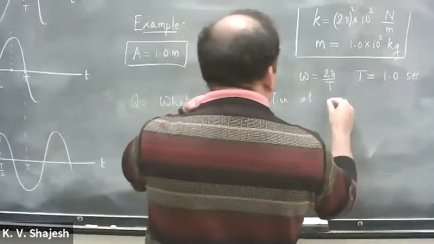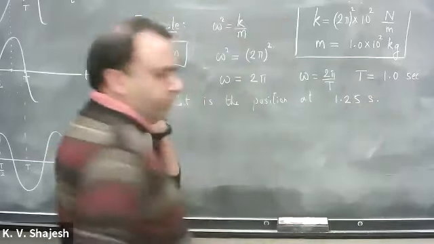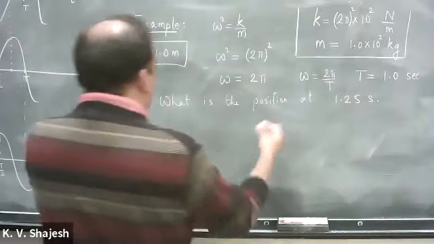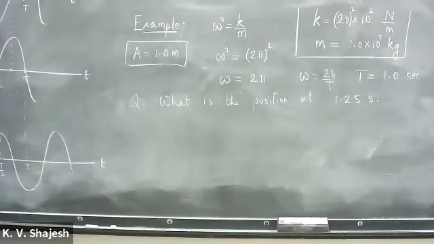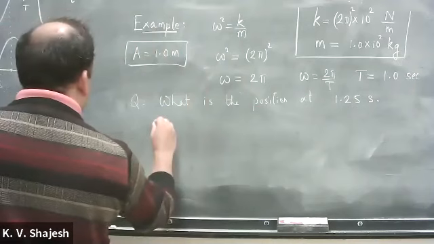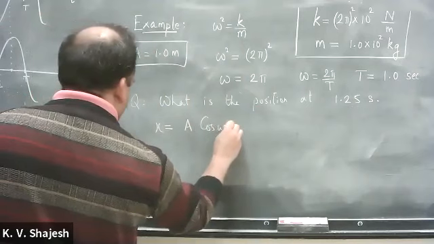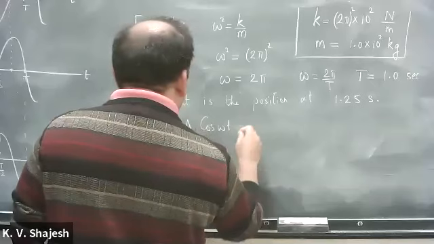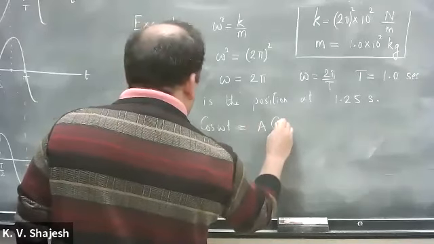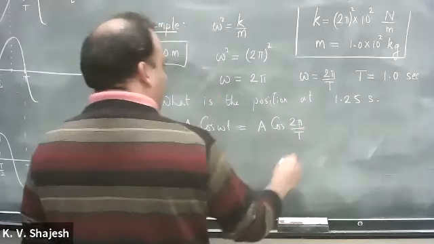Position at, let's say, 3 seconds. That's periodic, so let's say 1.25 seconds. And next could be velocity. What is acceleration? So on, at 1.25 seconds, let's say. So we just have to put this in there. So x is equal to A times cosine omega t. Time period we said is 1 second. So remember, this is equal to A times cosine of 2 pi over capital T times t.